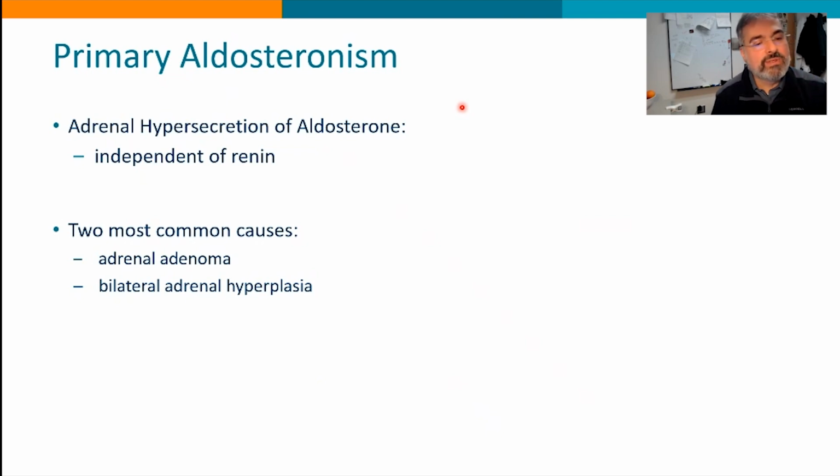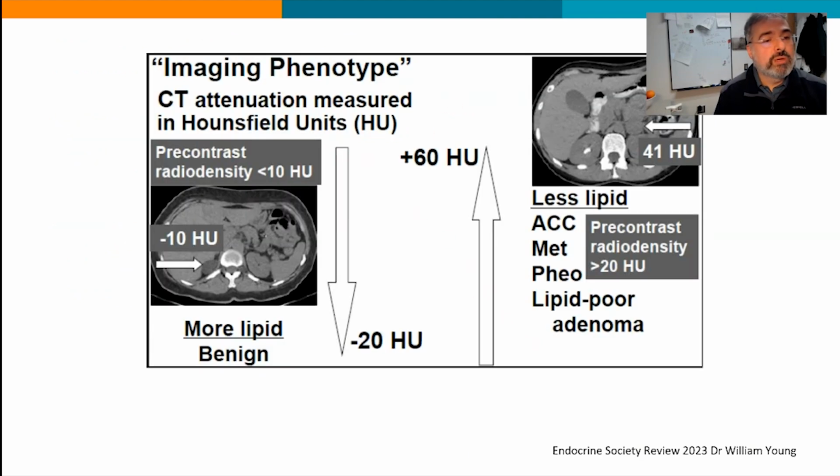There is only one thing that gives you a high aldo low renin. It's primary aldosteronism. Either you have a mass, or you have an isolated hyperplasia in one of the adrenals, or you have a genetic mutation that is causing this problem. So sometimes we do CAT scans on these people, and like I say, in 30% of them, you find a mass. And what you have to remember is the radiologist usually tells you how dense the mass is, right? So these benign tumors, these adenomas that produce aldosterone,